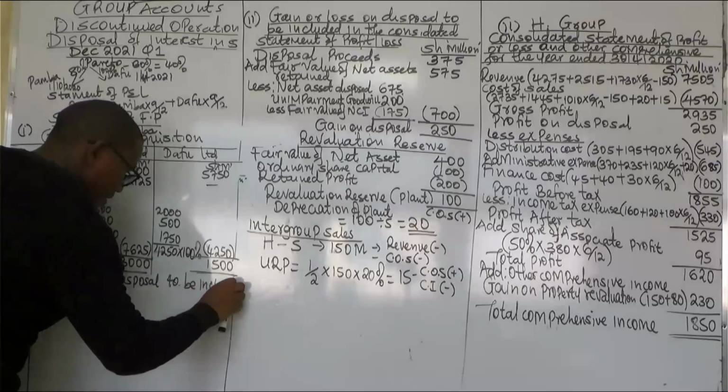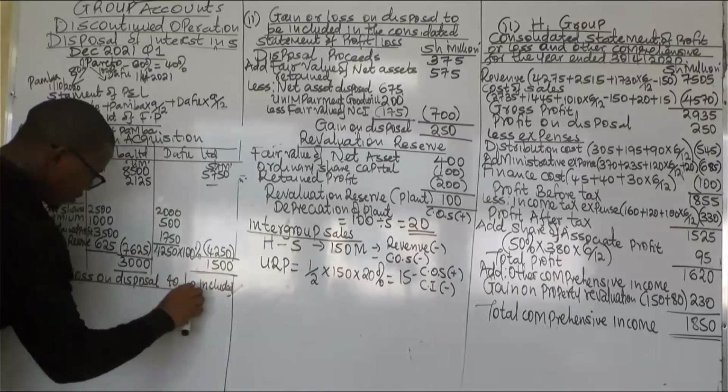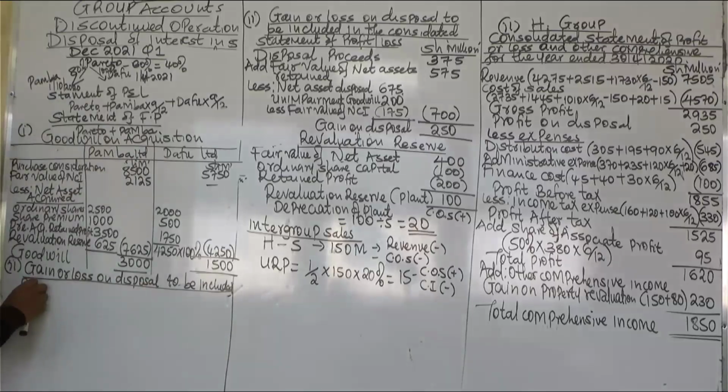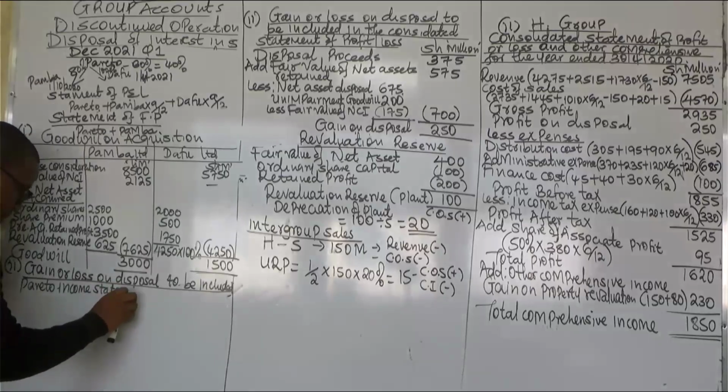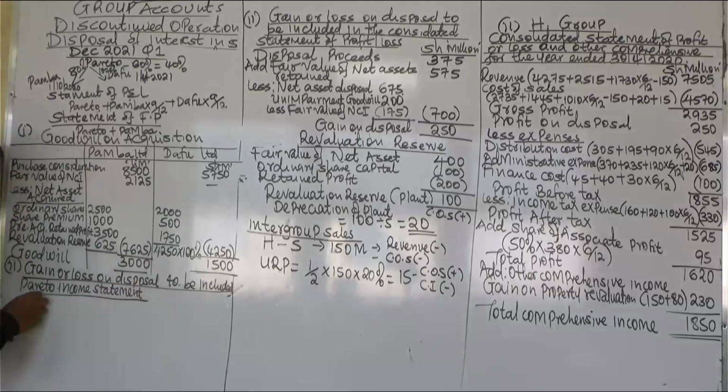This is to the Pareto income statement. So what we'll be able to include on the Pareto income statement will be, you will get